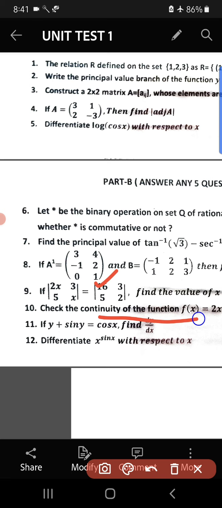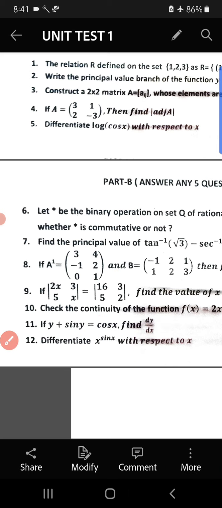Then discuss the continuity of the function f of x is equal to 2x plus 3 at x is equal to 1. Then if y plus sin y is equal to cos x, find dy by dx. Then differentiate x to the power sin x with respect to x. So these are the questions carrying 2 marks. So let us work out one by one. So I will consider